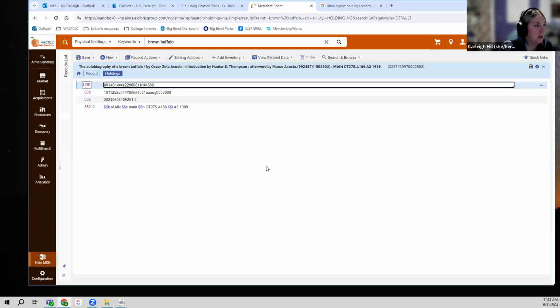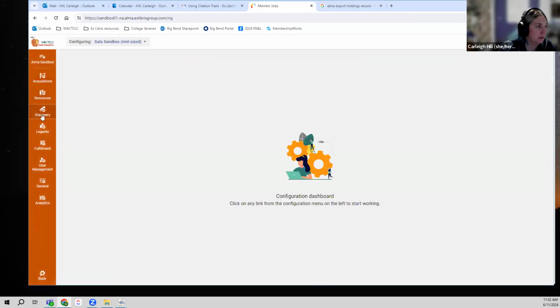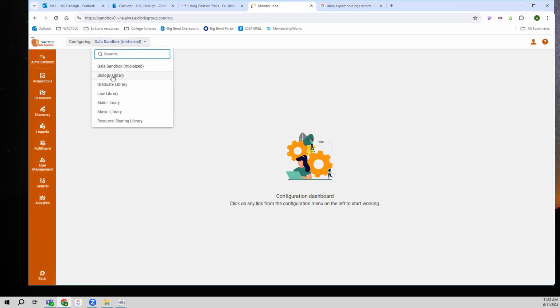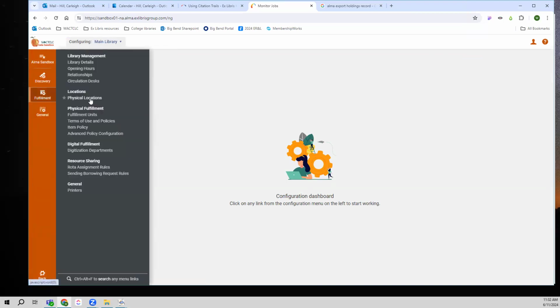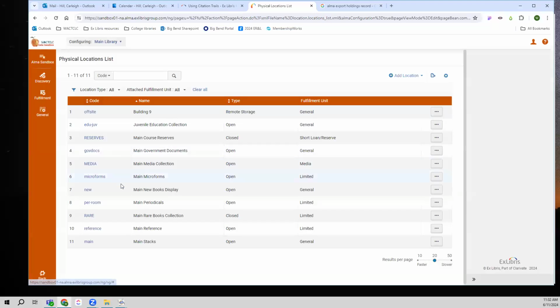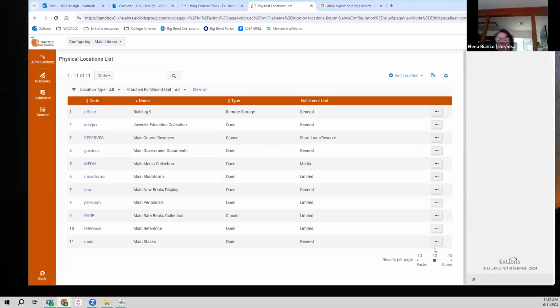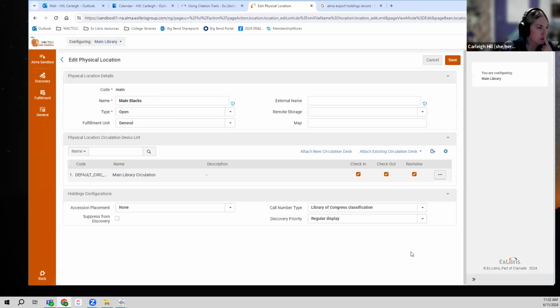And maybe that's because this location of main is set to the different Library of Congress. That location is mapped for Library of Congress. So can we add a physical location of bio? Or change the main to, or create a